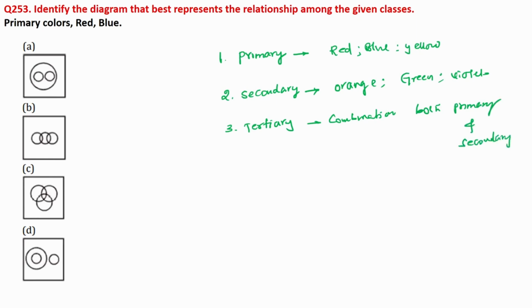Now see the question. Here we have to represent this information in a diagram. See, primary colors red and blue. You already know that. There is no common relation between red and blue, but both colors are related to the primary colors. That's why we can choose option A. This is C. We can call this the red color. This is the blue, and both the colors are represented as primary. That's why the suitable option for these three identities is option A.